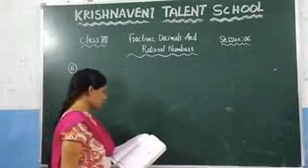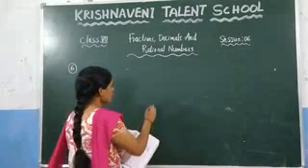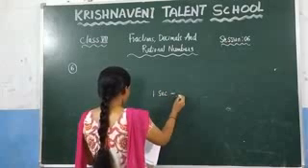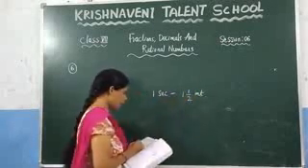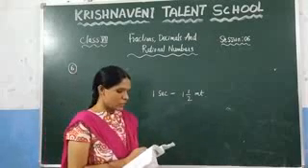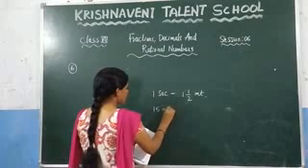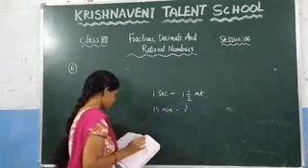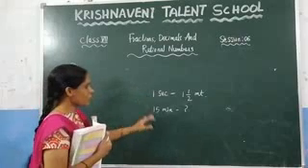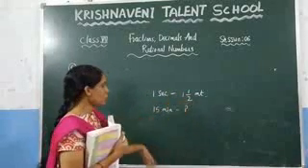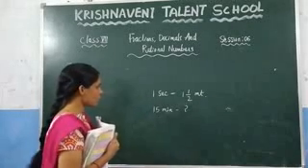What is the sixth question given here? Raju walks 1.5 meters in 1 second. That means in 1 second Raju walks how many meters? 1.5 meters. And here they ask how much distance he will walk in 15 minutes. In 15 minutes, how much distance does he walk? This is the question they have given. In 1 second, Raju walked a distance of 1.5 meters. In 15 minutes, how much distance does he walk?